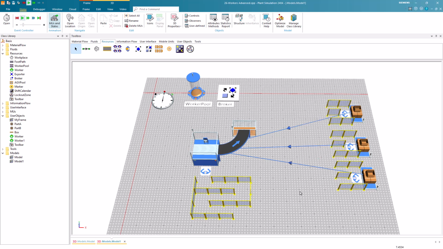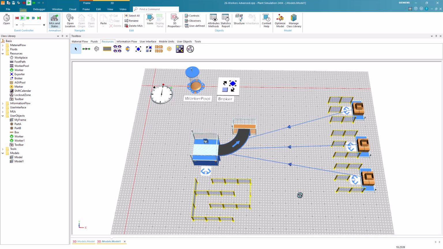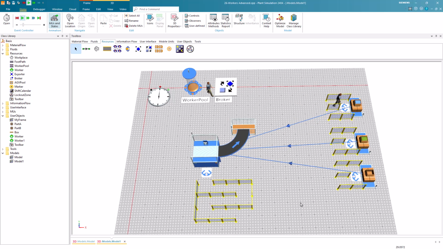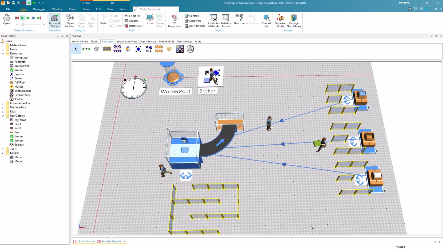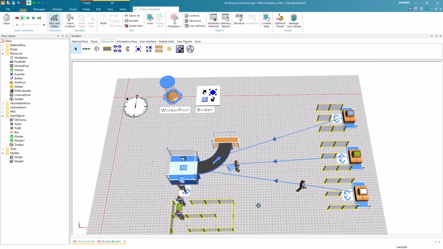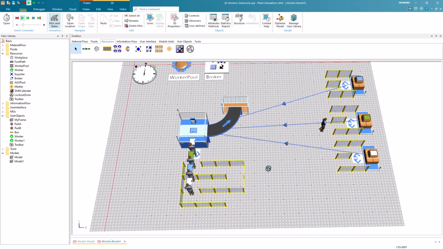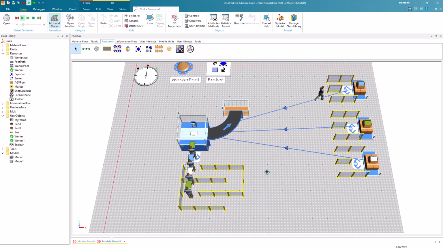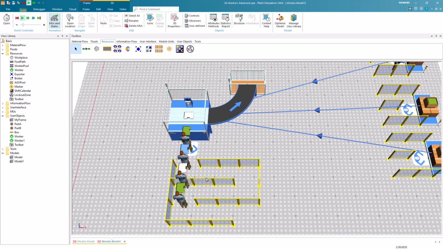You will see that when the workers leave the worker pool, they follow the shortest route to the sources, entering through the first access point. Once they've delivered the parts to the station, they once again opt for the shortest path to the sources, leading them to use the second entry. So there isn't a designated entry point for the workers to access the sources. Additionally, the workers do not consider the graphics of the fence when they line up one behind the other.